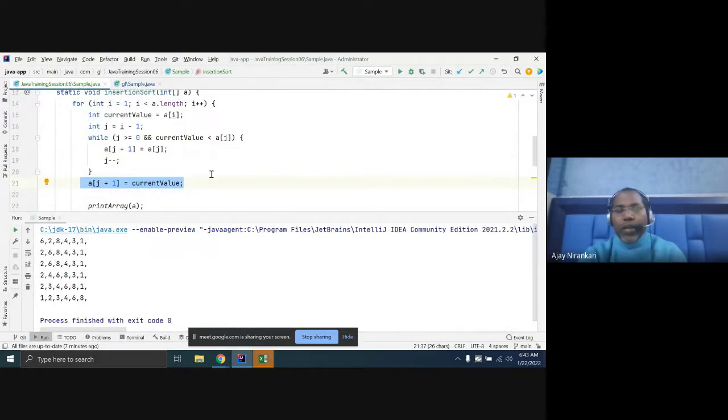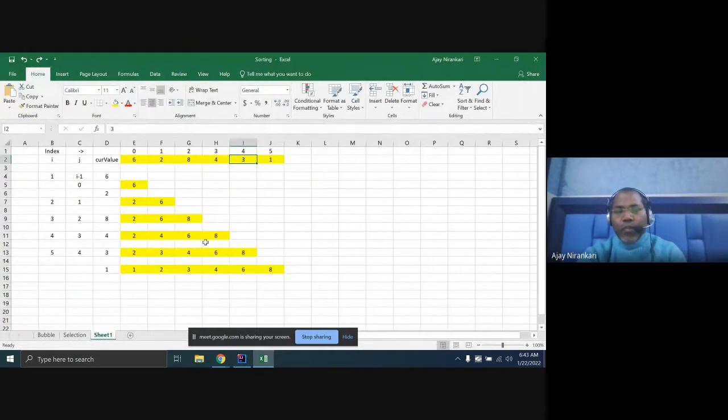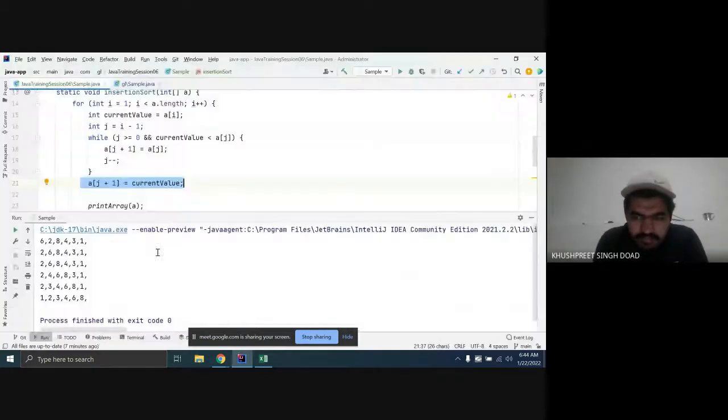It means simply that we are moving one element and placing it. Let's move this to this, then this is blank. Whenever you move 6 to here, so 6 is here, and this is the space where you want to add. Similarly, you move 4 here, then the next place you have to fill this. But j goes minus minus, so you have to say j plus 1, in this position you have to put the value 3. So we have written this code.